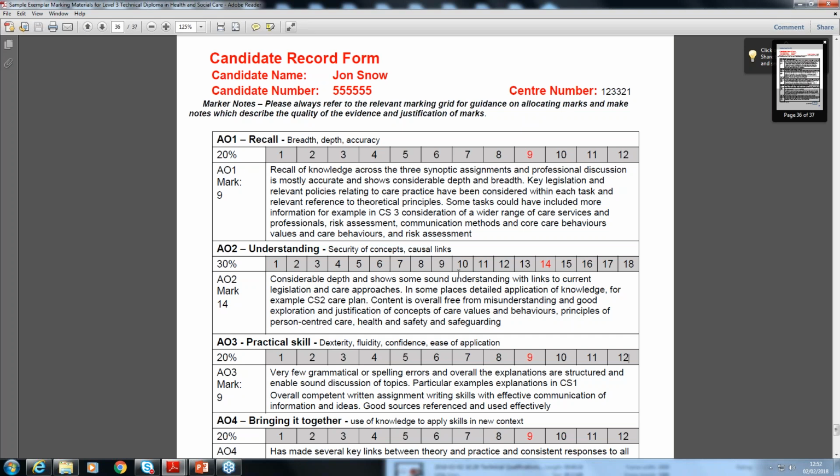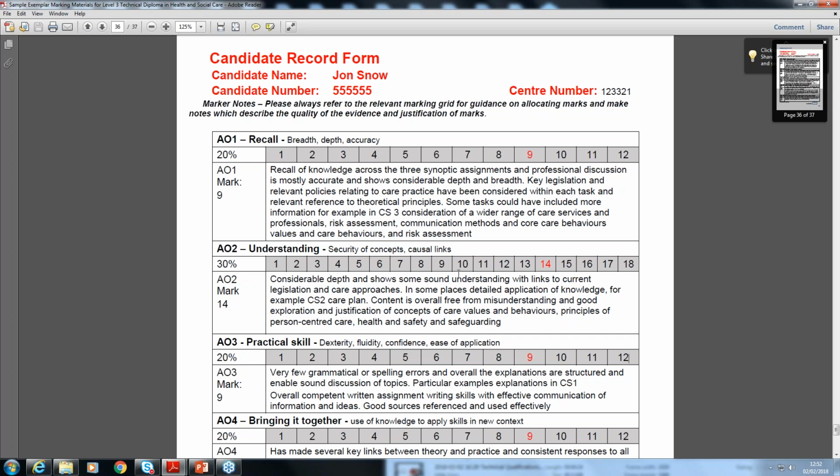So therefore we were having to go back to centre saying, is this an error? Because we didn't want to disadvantage the learner. So if they haven't completed some of the case studies, please let us know. I would also let us know if, for example, they didn't complete the reflective practice workbook, etc., because that will help us to understand why the marks are what they are, and also if they have had any special support